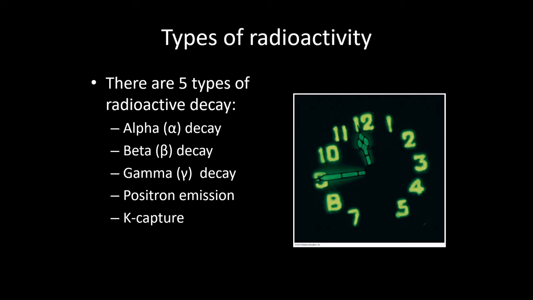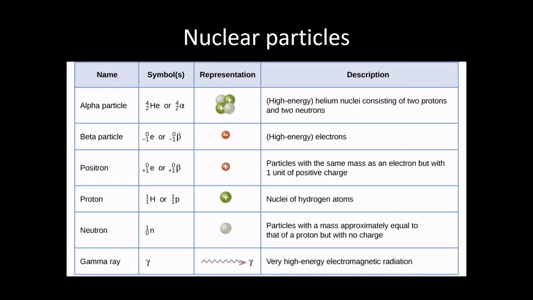Let's talk about the different types of decay that can happen. There are five different ways that we are going to discuss that radioactive isotopes can decay: alpha, beta, gamma decay, and then positron emission and K capture. We're going to look at each one of these individually, but before we do that, a little bit of